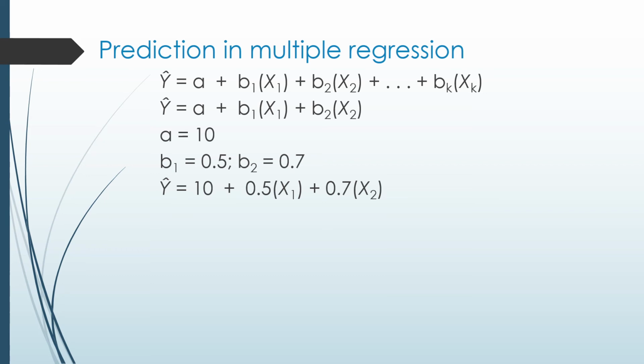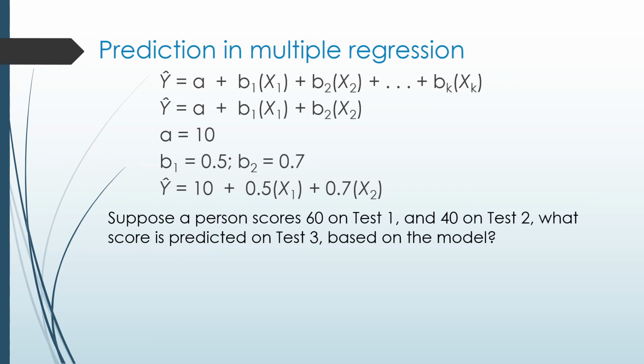So you can see now here we've got the intercept and both of those regression coefficients in there. If we knew some values for an individual person on x1 and x2, we could plug those in. So we're going to say, suppose a person scores, these are three tests, a 60 on test 1 and a 40 on test 2. What would we expect this person's score to be on the third test, or the dependent variable, based upon the